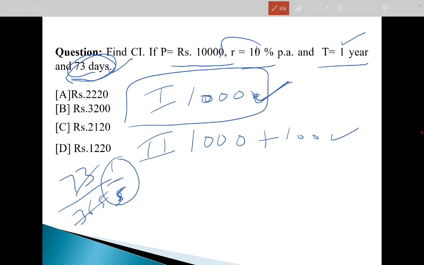Ratio of this interest. So in the second year, look, the first year you gave 1,000, you will give this interest for the first year, but for the second year you are getting 1,100 for the complete 365 days, but we have to pay only for 73 days. That is the 1/5 of this. So 1/5 of this will be